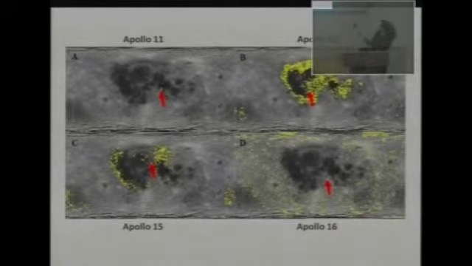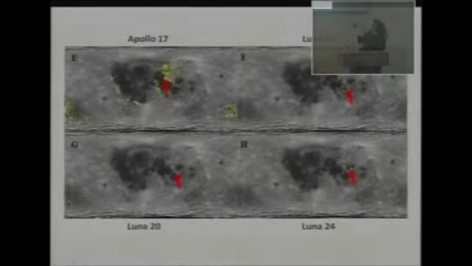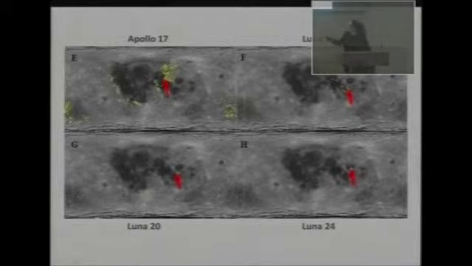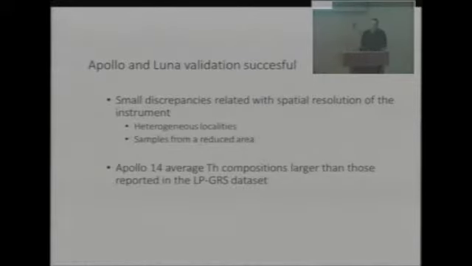and the Apollo 16. So we don't have matches in the sand area. We have matches in the highlands, and Apollo 16 is an area where highland material was returned. But we continue trying, and in Apollo 17 also quite good matches. Luna 16 and Luna 24 quite good, but in Luna 20 suddenly something is going on, and we have a different type of matches. So we need to know why this doesn't work so well, why there are some differences, why we don't always have the same place. So, in general, we can say that the validation was successful, but there are discrepancies,